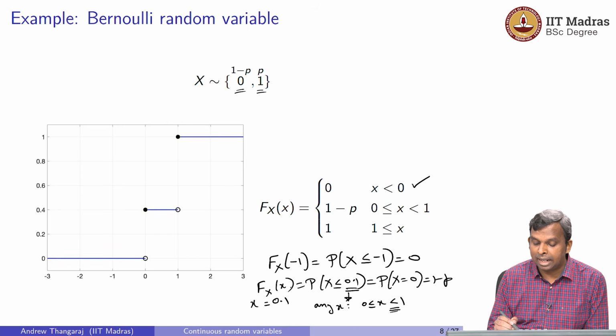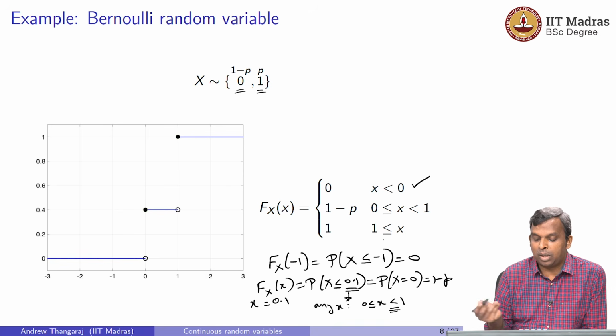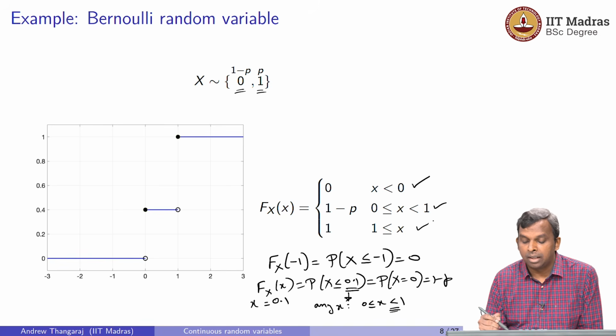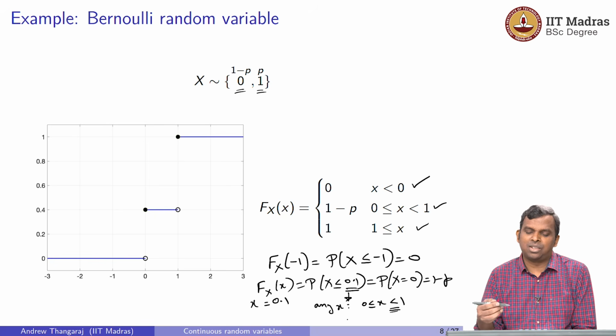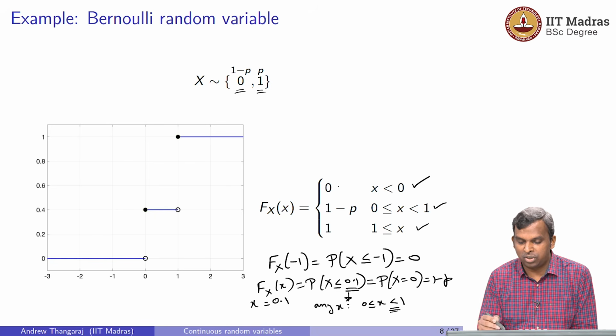Because the probability that x is less than or equal to 1, x includes everything, right? So that's 0 and 1, everything is included, so you get 1. Okay. So you see, you can easily check these three properties, and that's how it is. I've just showed you some illustrations to argue why this is true, but you can hopefully see why this CDF comes out to be 0, 1 minus p and 1.